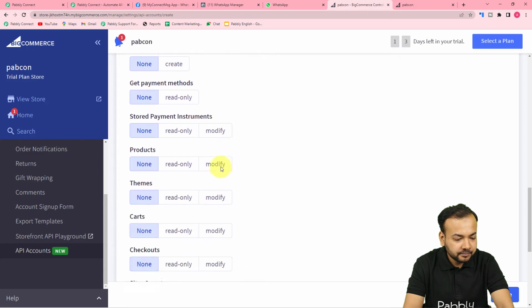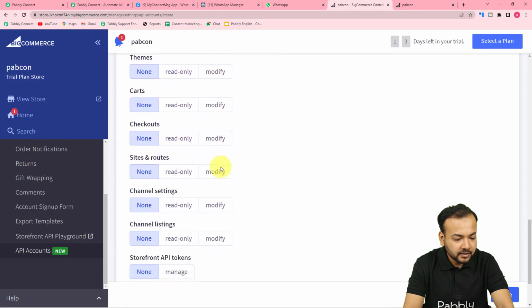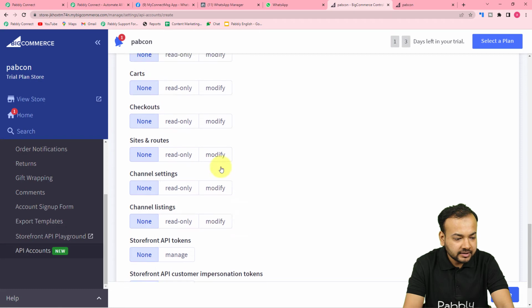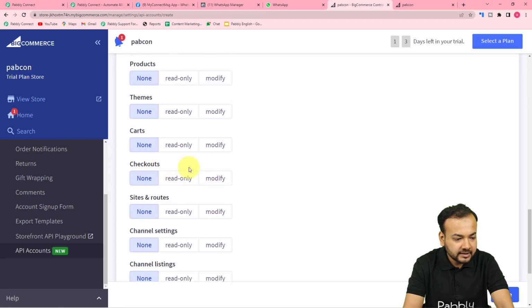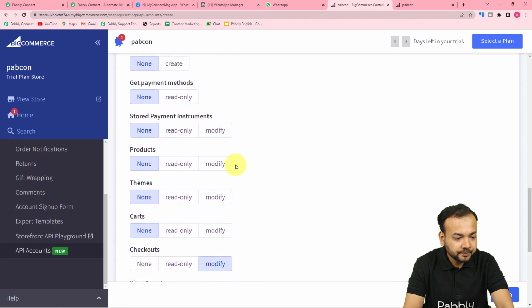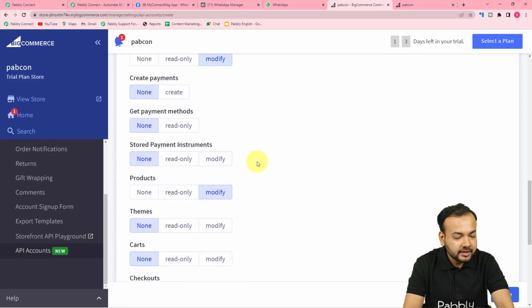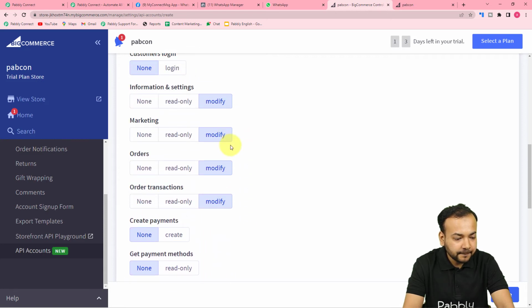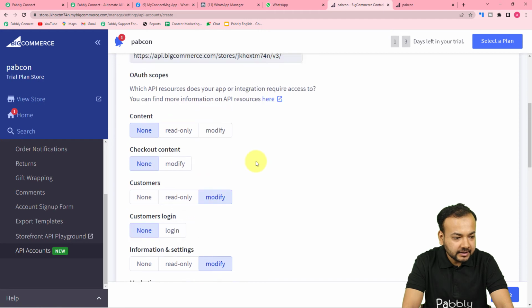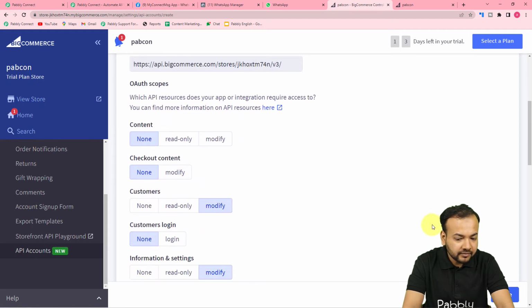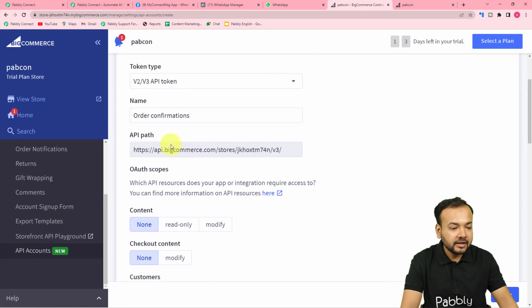And yeah, we are done here. Right, so these are the things that you need to modify, guys. Checkouts also, products also. All right, so you need to modify these things here. Right, guys, after that you have to click on save, and before clicking on save, you can see we have this API path here,